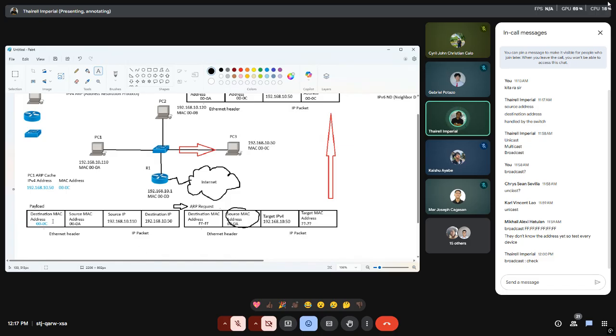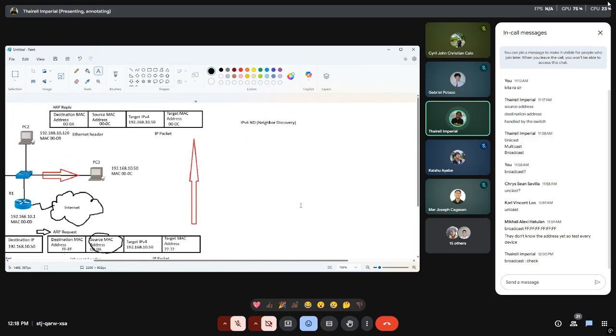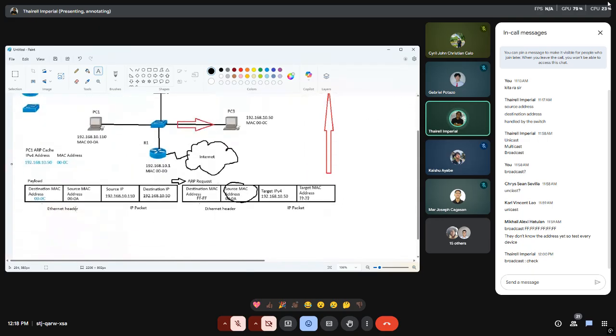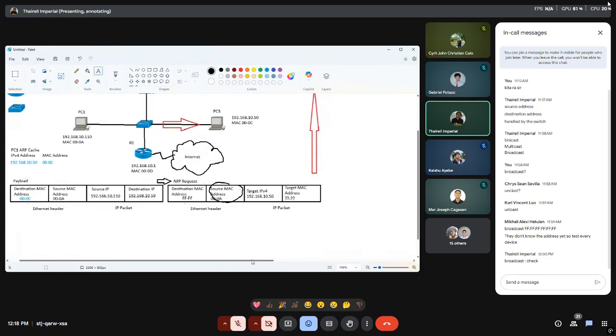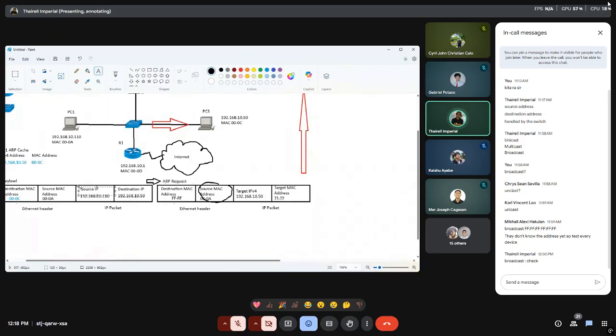The process by which the payload has to be dealt with is the same as before. If it sees that the destination MAC address is missing because it's a newly created data packet, the process in terms of the IP address of the destination device is similar, but the IP address will not be in this IPv4 format.